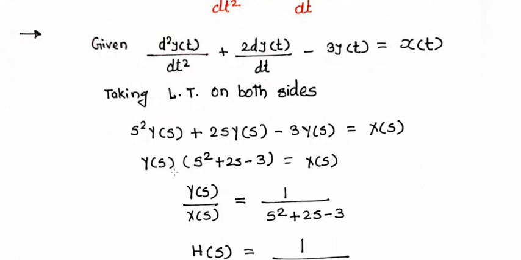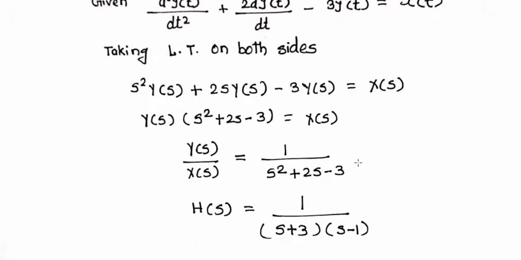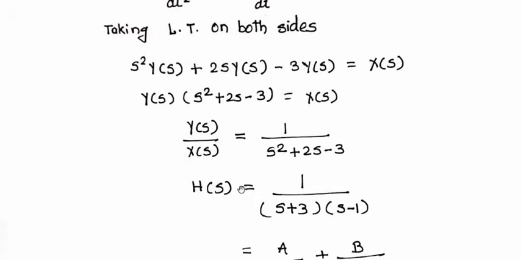We can combine or take common y of s so that we can write the s terms together. So it will be y of s into s square plus 2s minus 3 is equal to x of s. As I am interested to find out the impulse response, I can write y of s divided by x of s, which will be 1 divided by s square plus 2s minus 3. But I know y of s divided by x of s is equal to h of s, which is equal to,